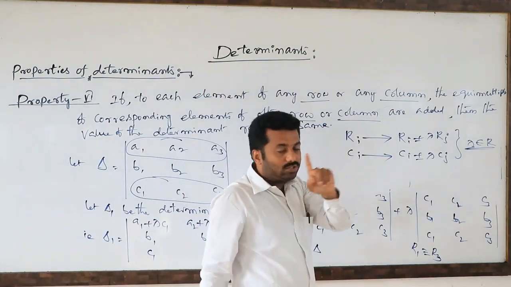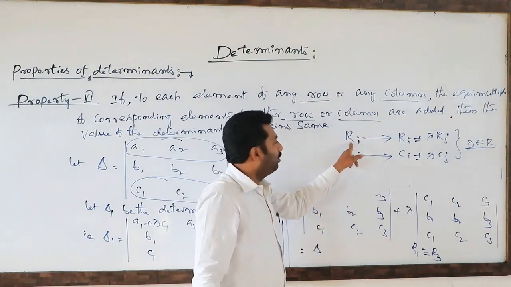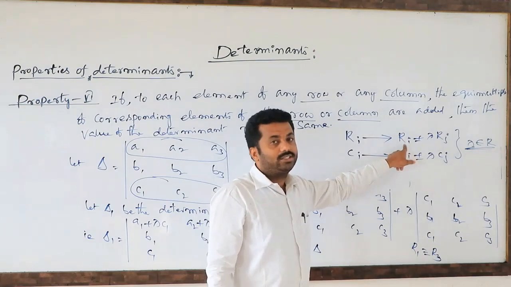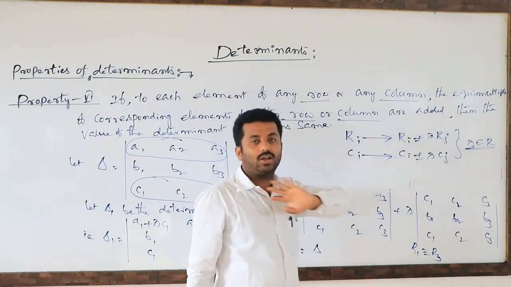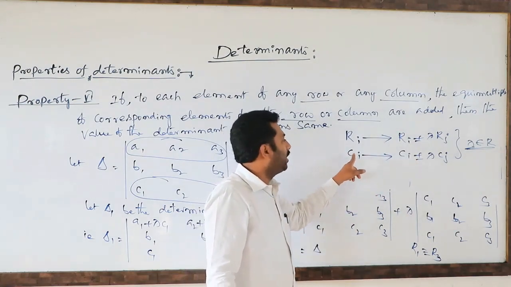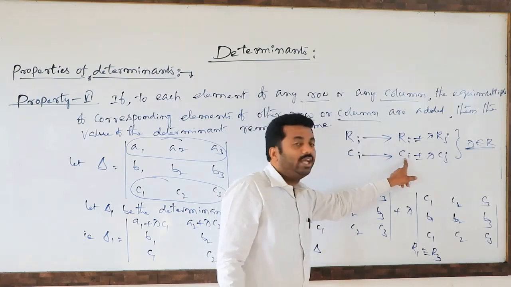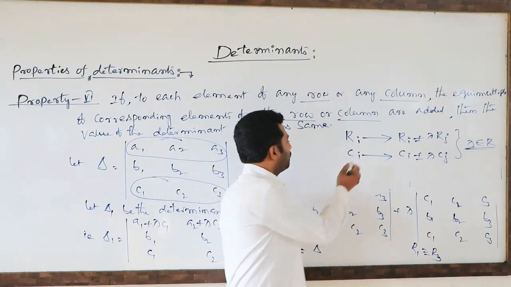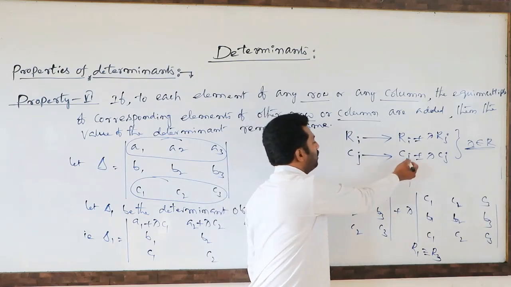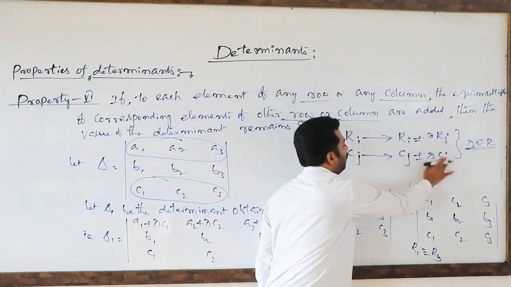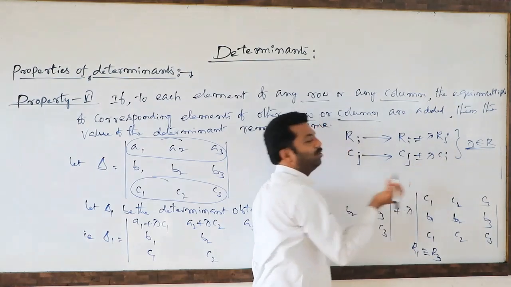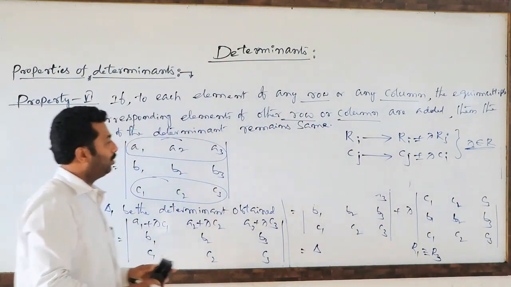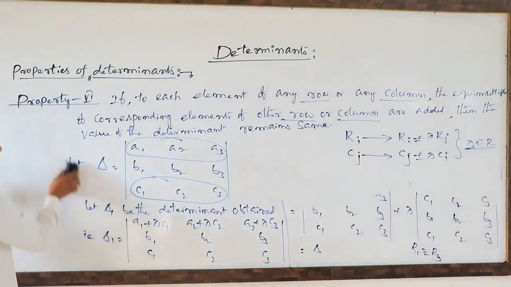What is the most important point? If you want to change Ri, you have to consider Ri only. If you take Rj or Cj like that, it is the wrong process. If you want to change Ci, start with Ci only. If you start with Cj, then here also Cj, and you can take Ci as well, no problem. So these are the points you should remember. It is a most important concept.